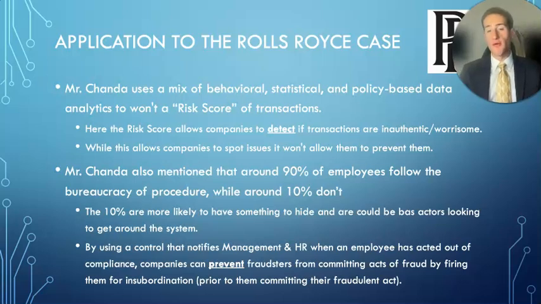where you're not only able to detect it before the media comes in and the external forces kind of pressure you to do an external investigation. I mean, managers, if you do the risk score, will be able to see that the bribery payments just don't pass the test. There's something wrong about them. So in that way, they would have been detected earlier on before the public pressure. And as it relates to the prevention, if you fired the employees that were not in company compliance, you may have been able to prevent them from making fraudulent and bribery payments.